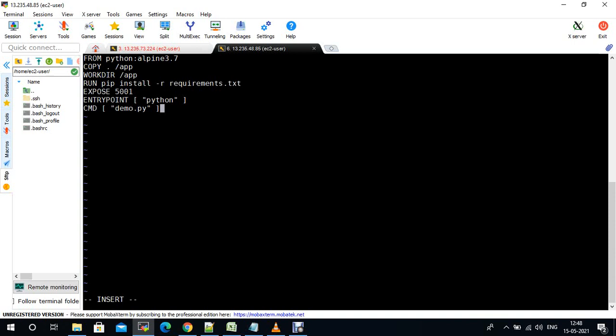If you want, you can remove this entry point or give it directly. See, how do we run a Python application, python and the file name, right? Same like if you have a jar file, you just need to give that as the entry point. If it is normal, you can override this one.